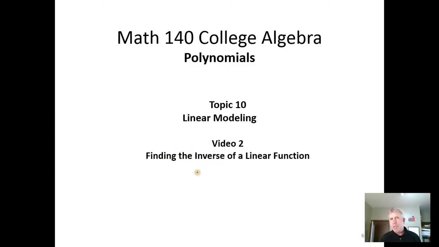So in this video we're going to go over how to find the inverse of a linear function. For inverses, all we want to remember is that if we have a function f of x that has an input of x and an output of y,